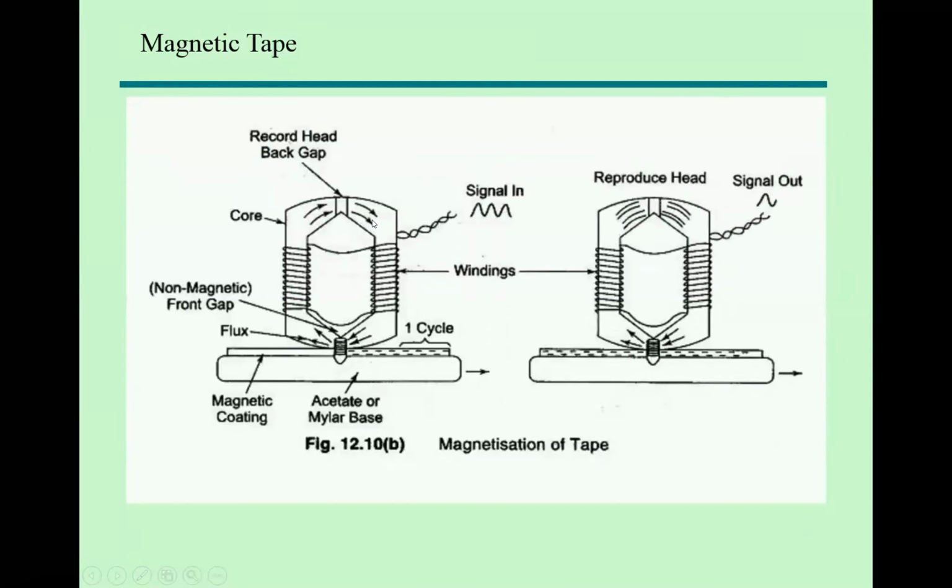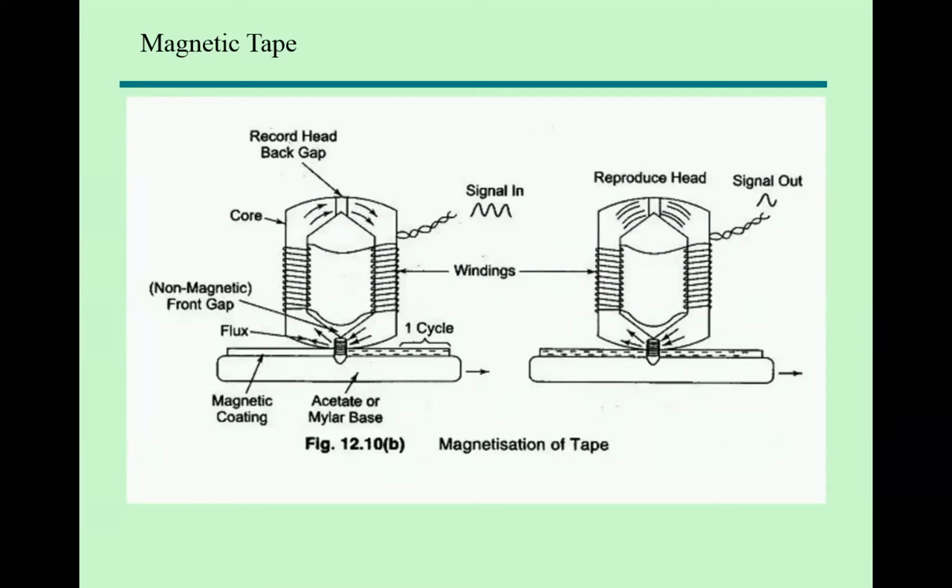In the head, you can find one coil and one flux. This is for the recording and this is for reading the data. So this is the recording head and this is the reading head. With this recording head, you will find the tape is magnetic coated, but it is blank. All the bits are 0, and with the help of this